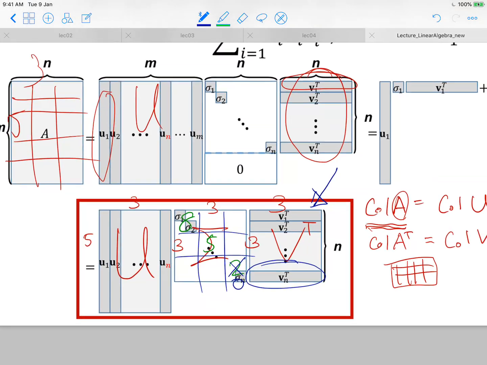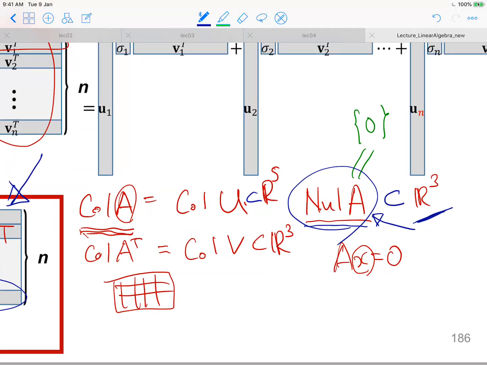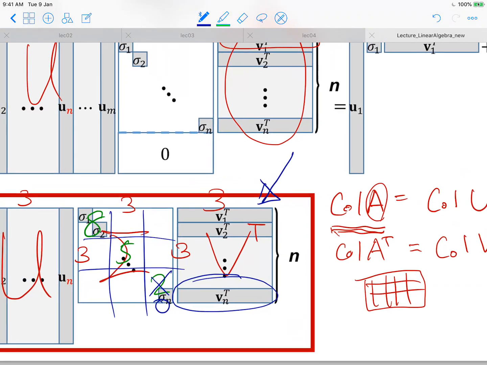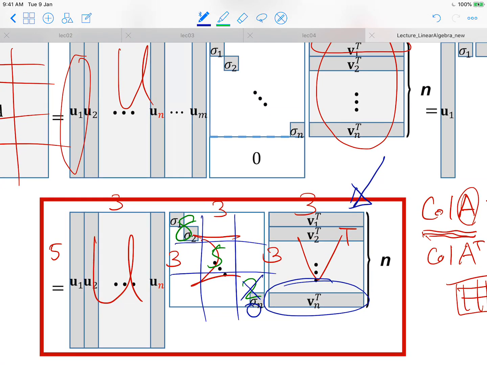Okay, similarly, let's also consider the null space of A transpose. That is still the same. Okay, so in this case, let's